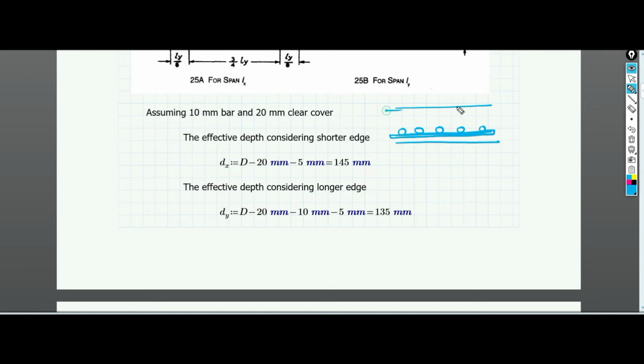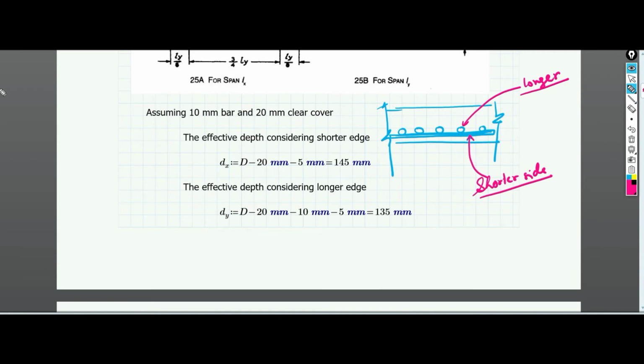Okay, now this longitudinal reinforcement that we are looking at here, the lower one is provided along the shorter side, and these transverse bars that you are looking at are reinforcements provided at the top. Okay, there are two layers of reinforcement, right? The longitudinal bars are provided along the shorter side, and the top layer is provided along the longer side.